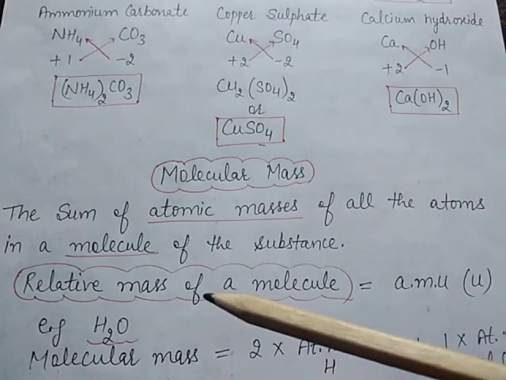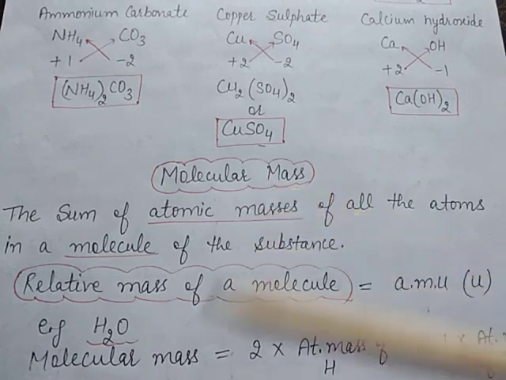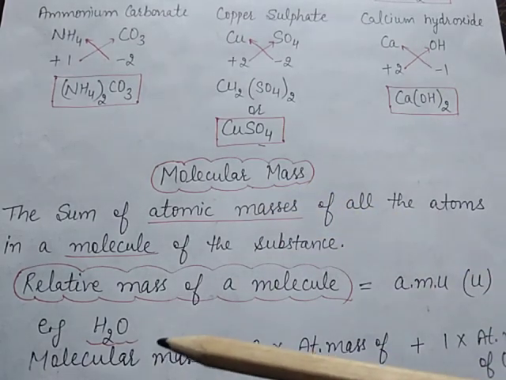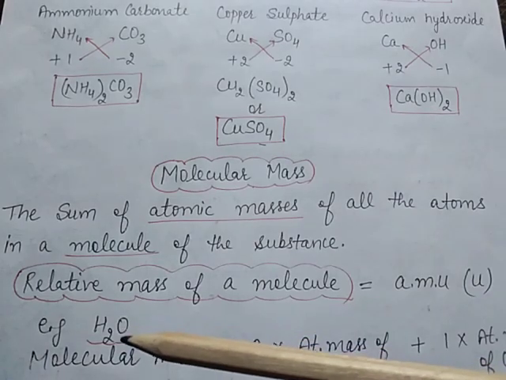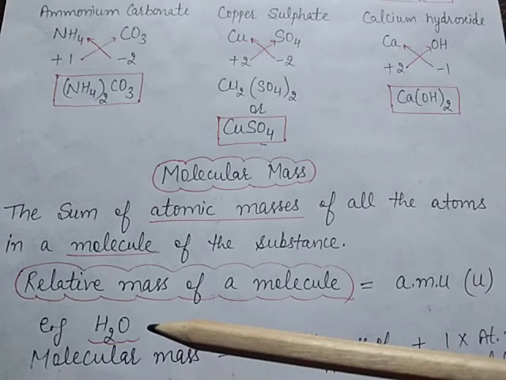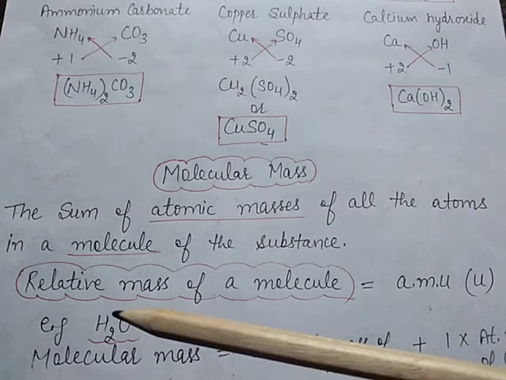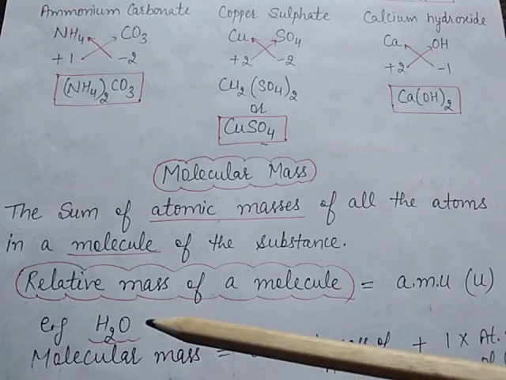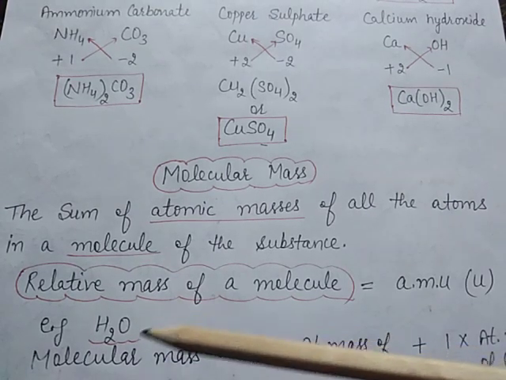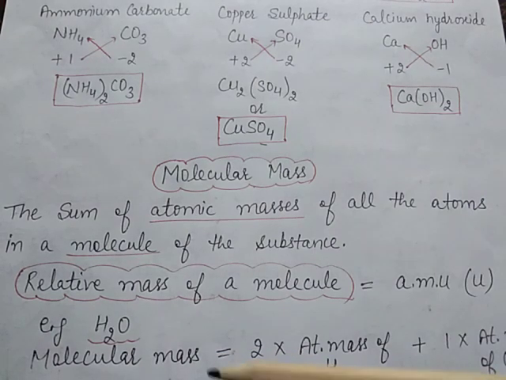Then one question arises: how can you calculate the molecular mass of a molecule? Let's take the first example, H2O. Hydrogen and oxygen, meaning water contains two hydrogen atoms and one oxygen atom. Then we can apply the formula, that is, molecular mass of H2O is equal to